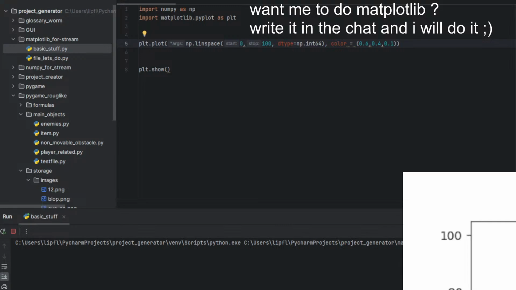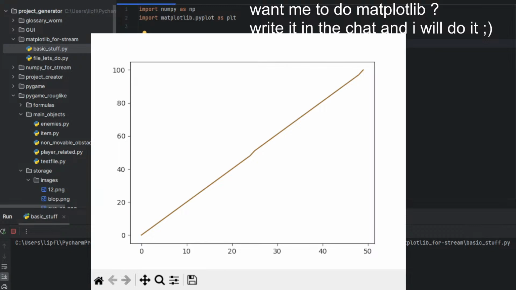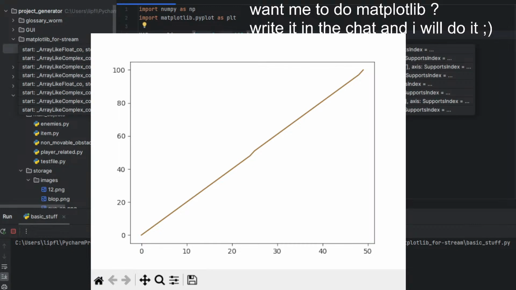And yeah, you should be able to see it. So what can we do? We again can do something like np, map equals np.linspace, and yeah, 0, 100 and 1.